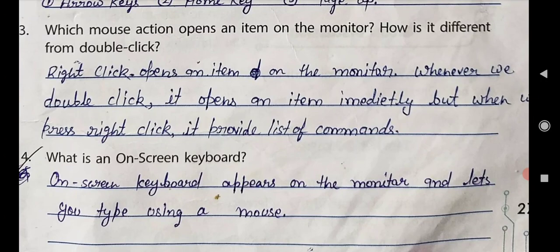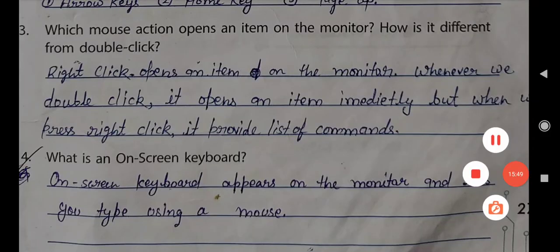So I repeat the answer again. Right click opens an item on the monitor. Whenever we double click, it opens an item immediately, but when we press right click, it provides a list of commands.